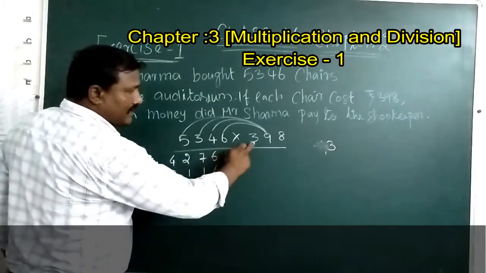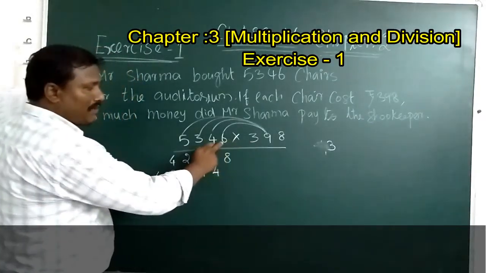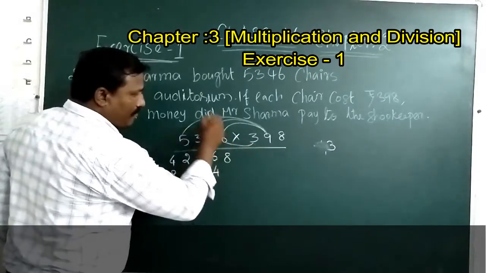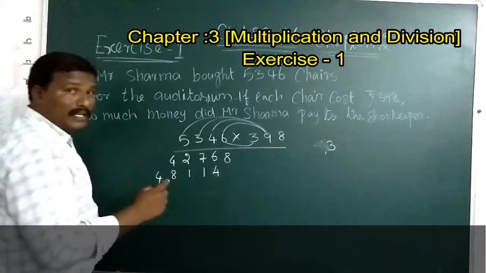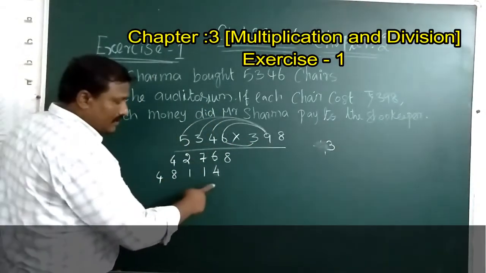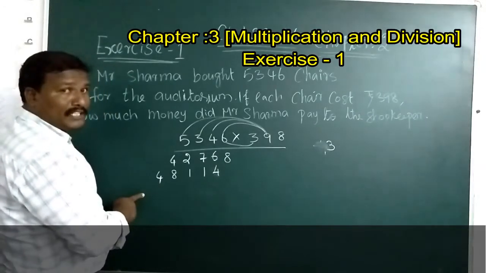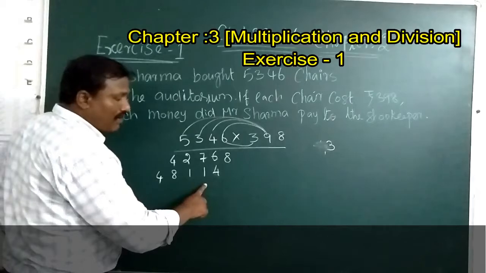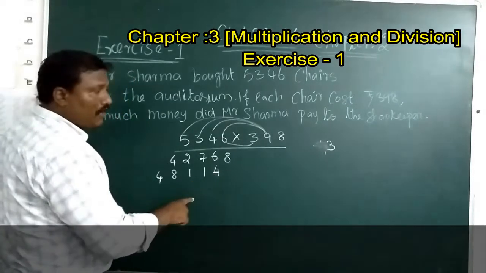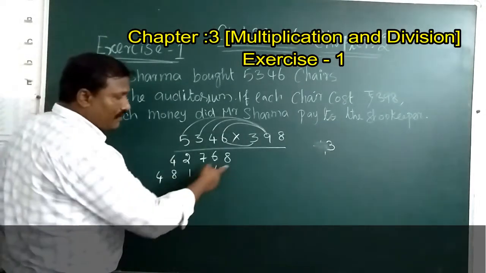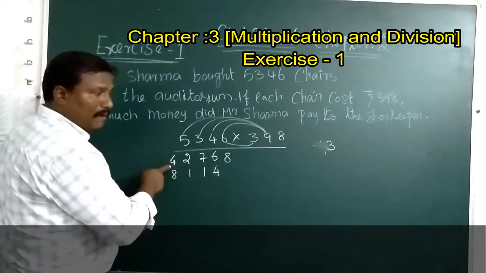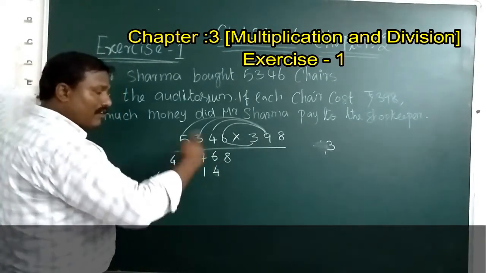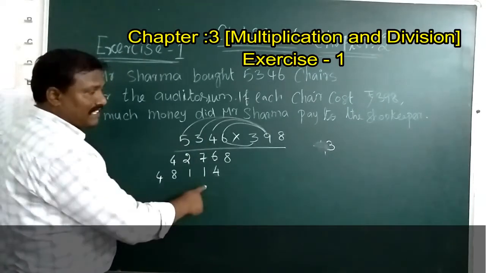Now we take the third number and multiply all the numbers. So 3 into 6. When we write the third line, we have to make a new line, starting one step forward of the second line. You always write the first line as usual, but the second line goes one step forward of the first line, then one more step forward for the third line.